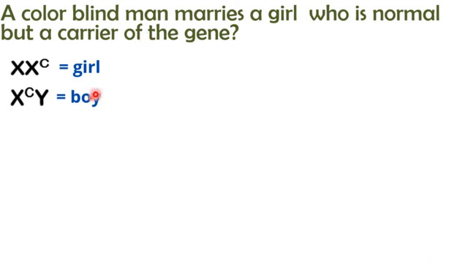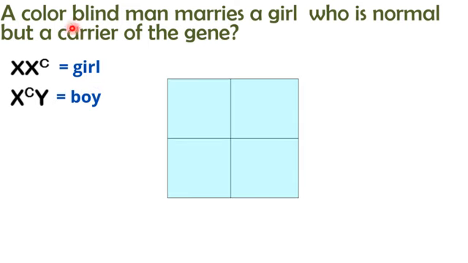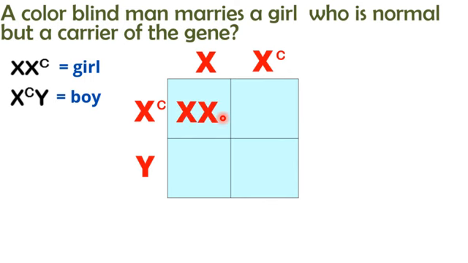XCY because the boy is already affected. Using a Punnett square, you can answer the following problem. So XXC for the genotype of the girl and XCY for the genotype of the boy. Then copy X, copy XC, and we can have the first offspring, X, and then XY for the second, XC,